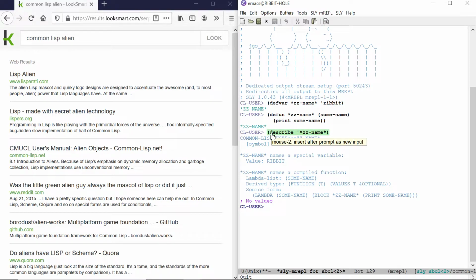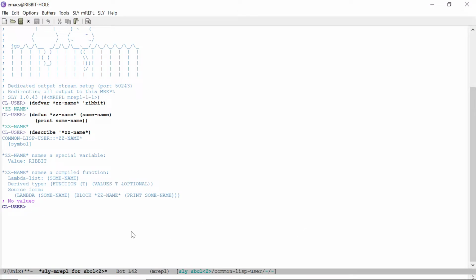So this is the function name, right? So can I? Maybe it just has to be return values. I wanted to see if I could just right click this and show the source code real quick inside Slime, I guess, Sly or whatever, and then I'm not worried about turning the mouse off all of a sudden. So anyway, this